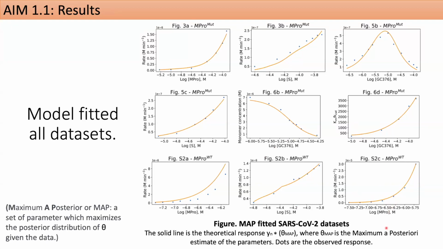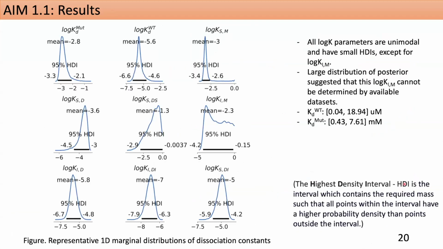The particularly useful aspect is that you can get an idea of how well each of these parameters are known. And some of these are quite tight parameters, and we can also know that these are unimodal or largely unimodal. You can also tell whether they're skewed. This describes our extent of knowledge of each of these parameters.